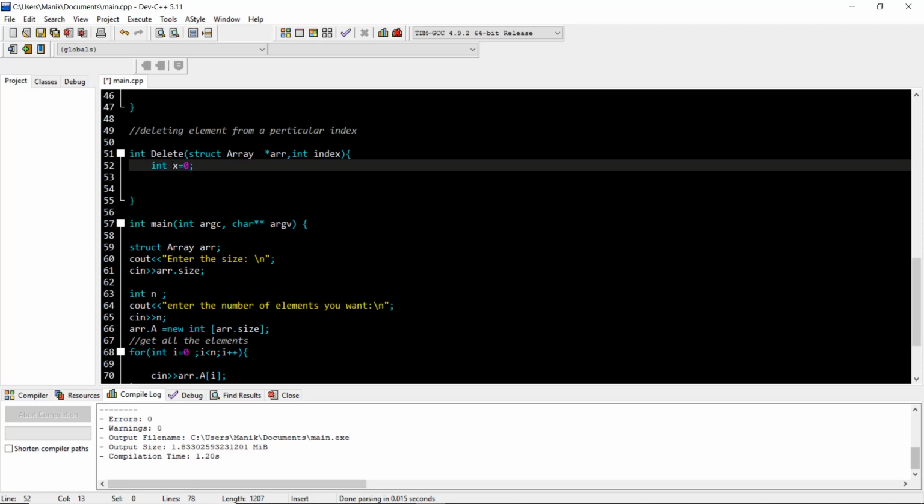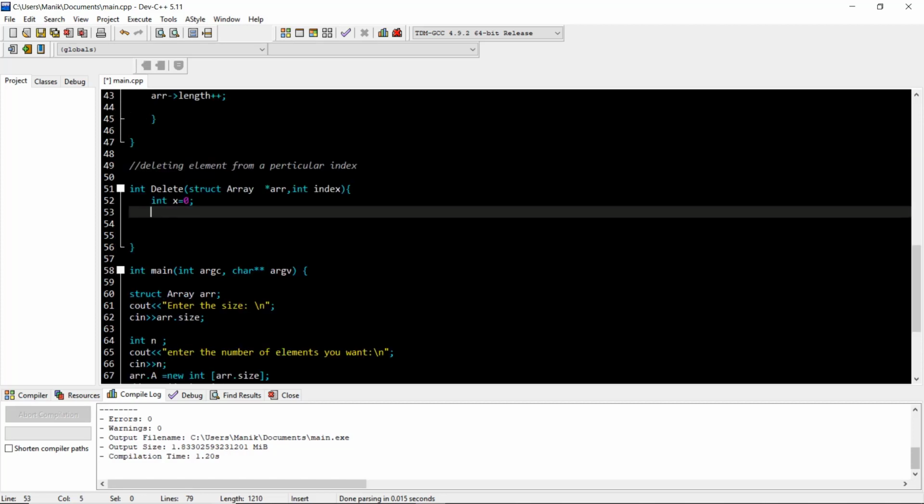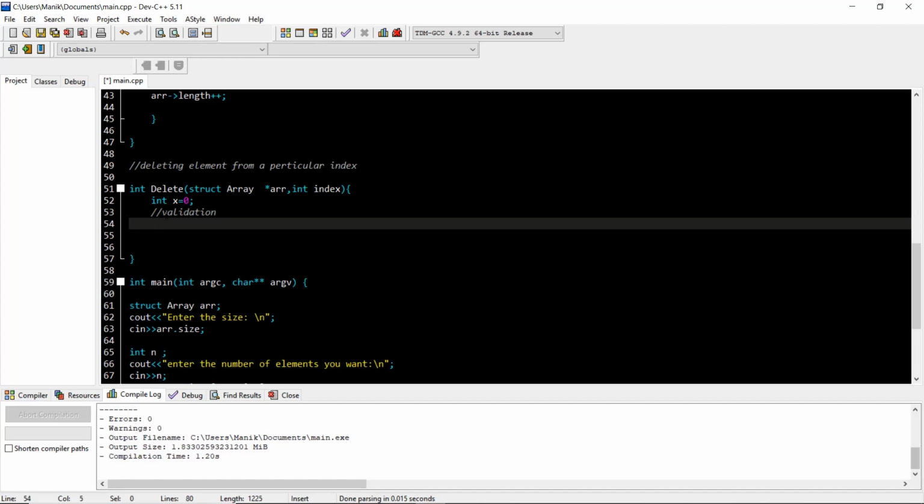So I have defined this, so I just need to do some validation first. What type of validation do I need to do? That the index to be deleted should be greater than or equal to 0 and the index should be smaller than arr of length.